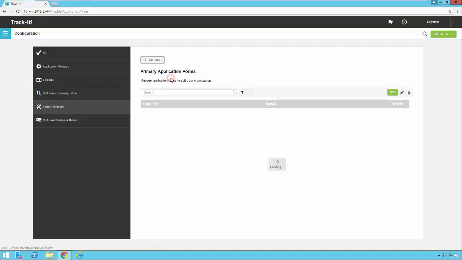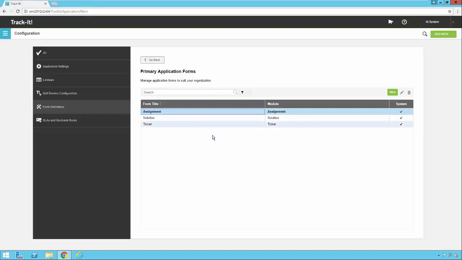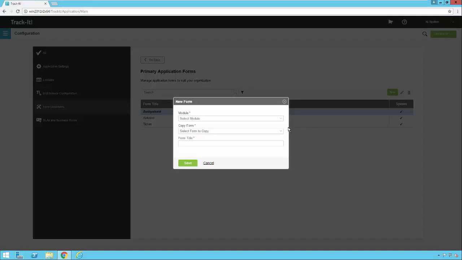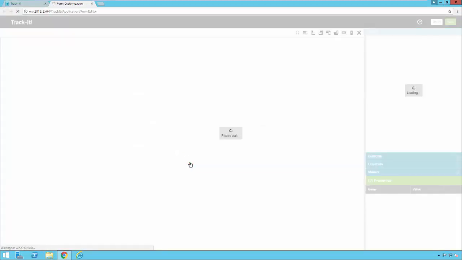So we're going to go under primary application forms. Here's the default forms we mentioned a moment ago: ticket, solution, and assignment. Now notice I can't edit these because they're system forms, but I can click new to create a new form and base my new form off one of those. So I'm going to select ticket because I want to make a new ticket form. I'm going to select the ticket form to copy, and I'm going to give it a new name. Then I'm going to click save, and the form designer for the new ticket form will pop up in a